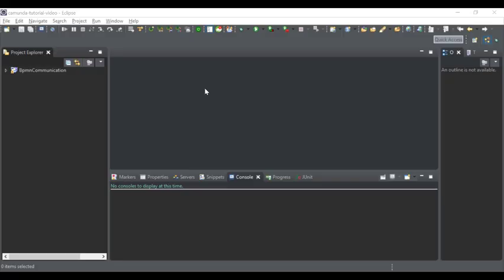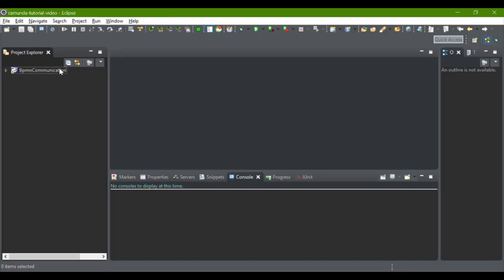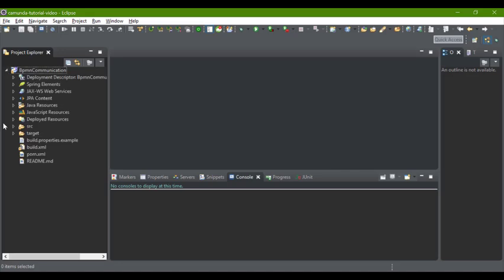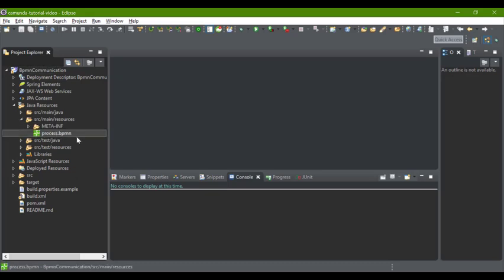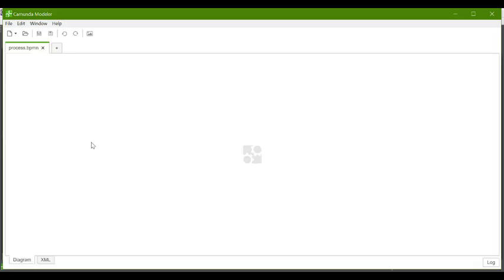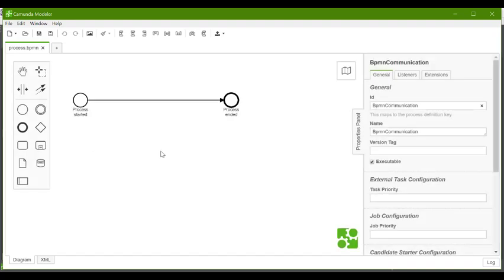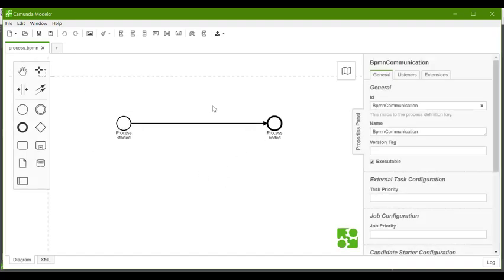Okay, and here we are inside Eclipse. I've created a project already called BPMN Communication. I created this using the Maven archetype, which if you have any questions about, you can check out in the Java tutorial video. But it does mean that right here in resources, I have a process.bpmn file, and here I'm going to build my process. So let's open this up. Everything I'm going to do is going to involve the actual Camunda Modeler, which looks like this. Everything I add, I'm going to either add the symbols here and then add execution semantics here on the right where the properties panel is.